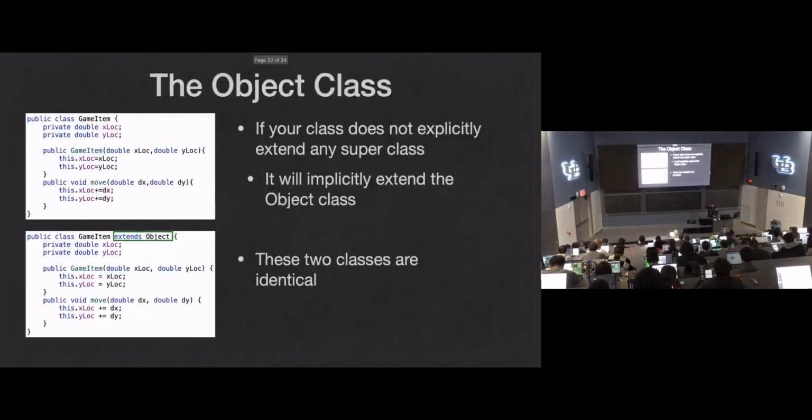All right, I've got a couple more slides. I've got one little bonus topic. I have to post a memory diagram here. So object is a special class in Java where if you don't extend